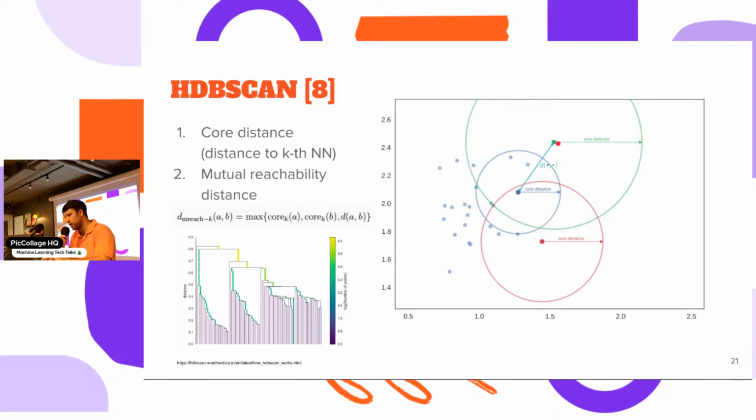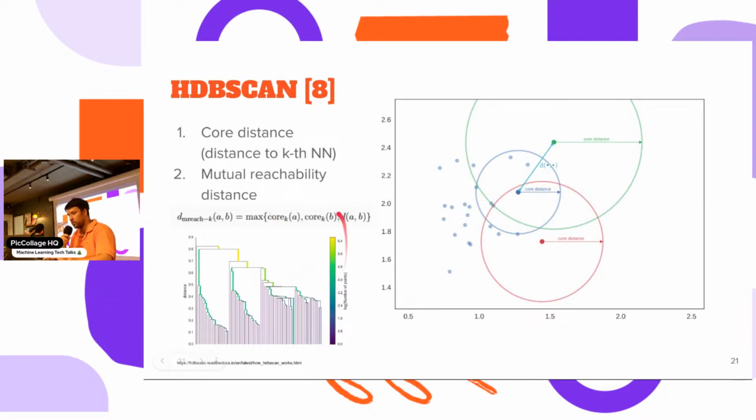So the mutual reachability distance of green and blue would be the core distance of the green one, because it's longer than the distance between the 2 points and also bigger than the core distance of the blue point.